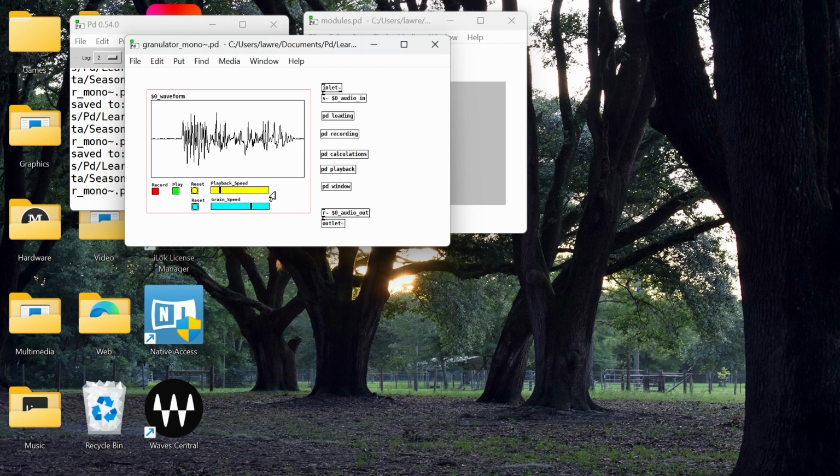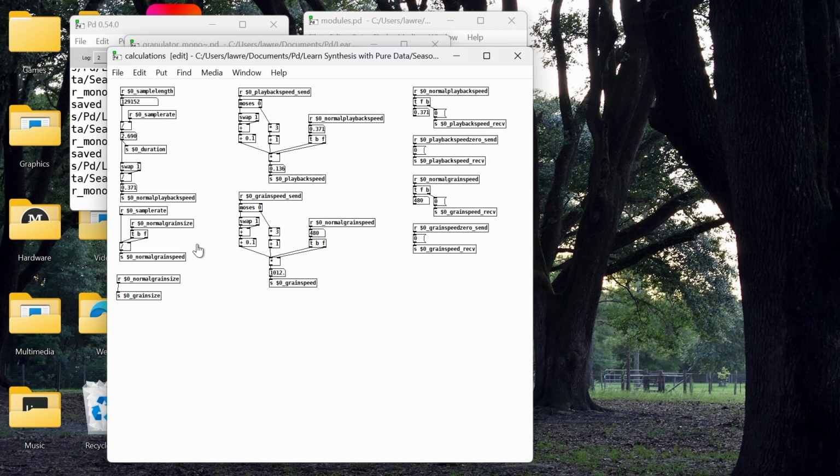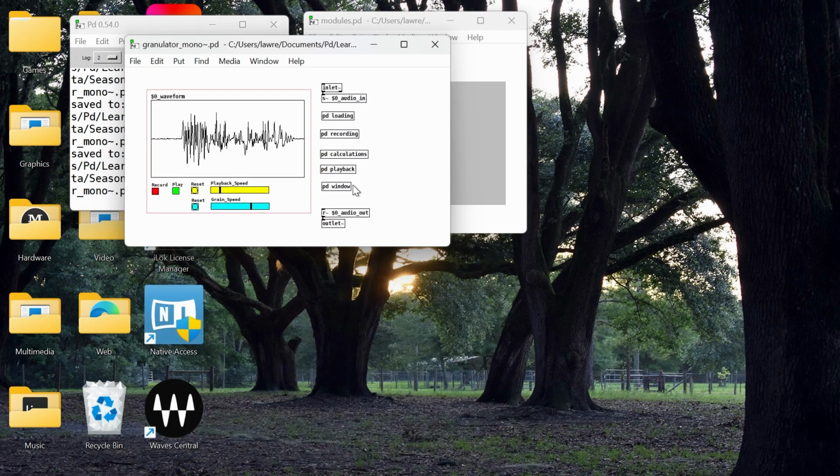So what I would do is, because we have in our calculations the ability to change these ranges, I would go in and work on what calculations would make sense for the ranges of sounds that I want to make. But right now we're seeing what we can make with these things and changing these properties. And we always have the ability to reset them and zero them out